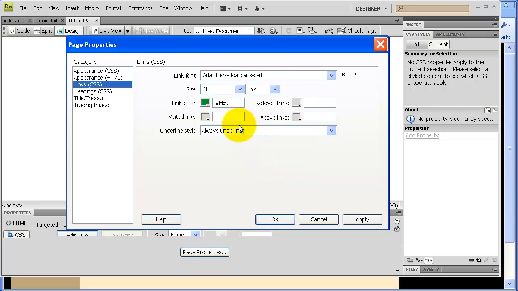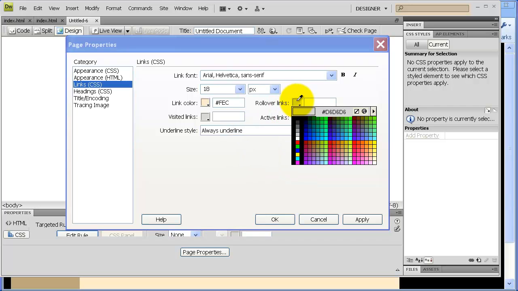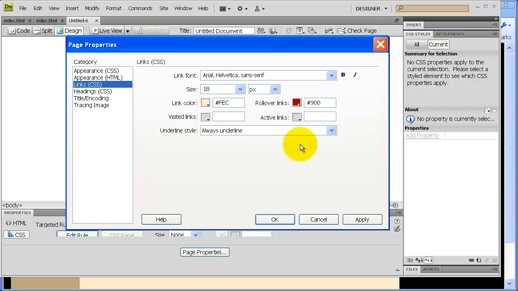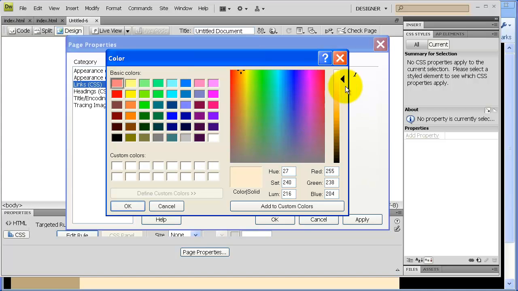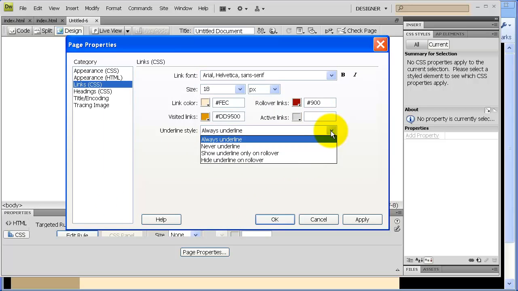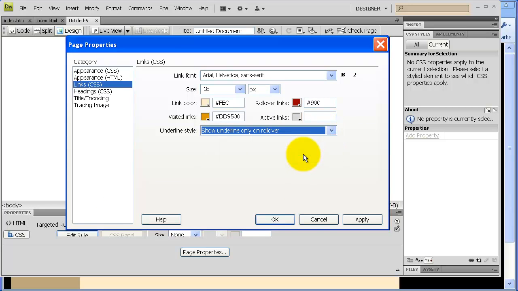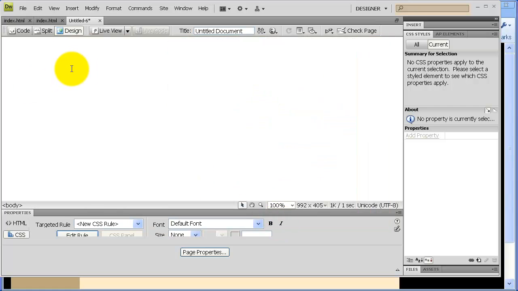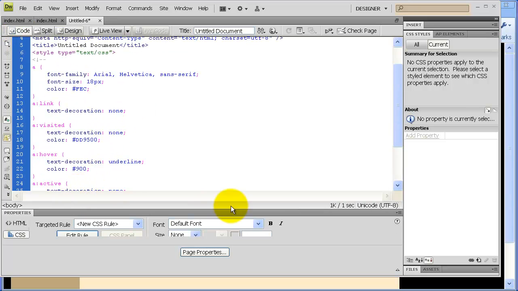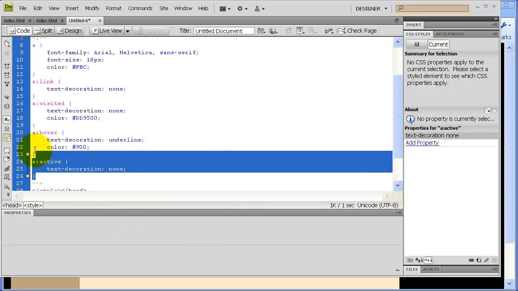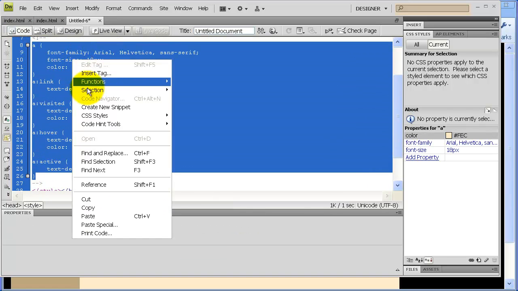Okay, so I'm going to choose when it rolls over. Maybe I want it to be, I'll adjust this later, this red, let's say, and then visited, maybe I want it to be the darker color, and I'll adjust that, but we'll just choose a dark color right now. And maybe I want them only to show underline on rollover, so I hit OK. And then when I do this on a new page, I can see what it looks like here. And so it's really lazy, but I can always then take this, cut it,